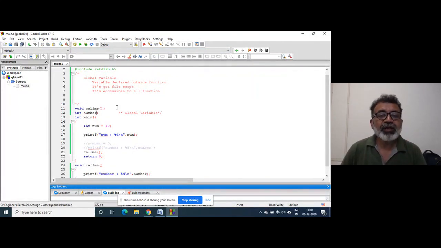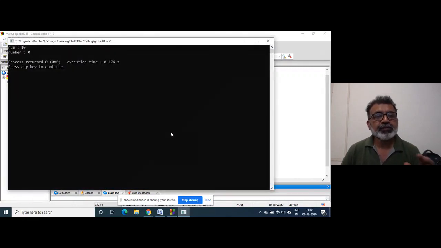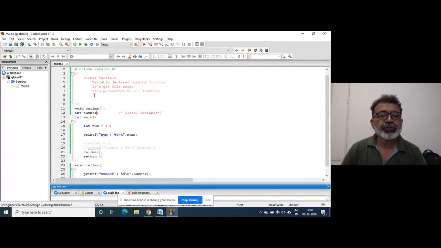It will not contain any garbage value, right? So number contains 0. What is the third feature? It is initialized to 0.